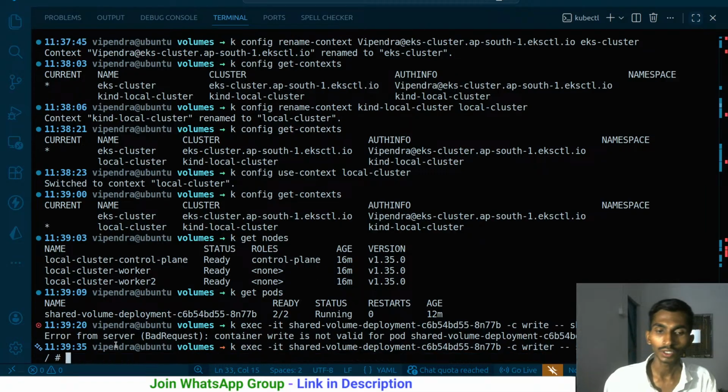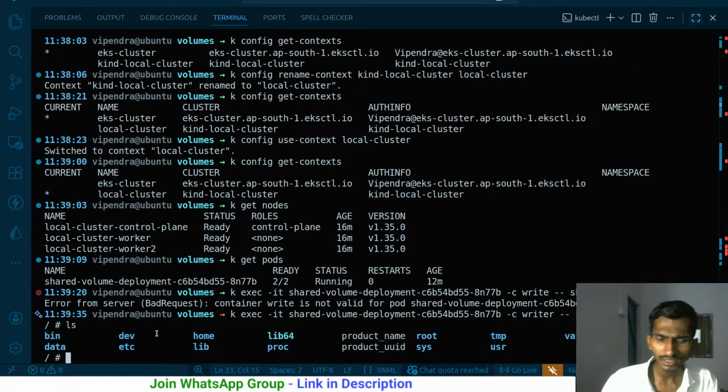Now I'm inside this. I have these many things, and inside this particular container there is something called data. This is what I wrote, right? What I said initially in my